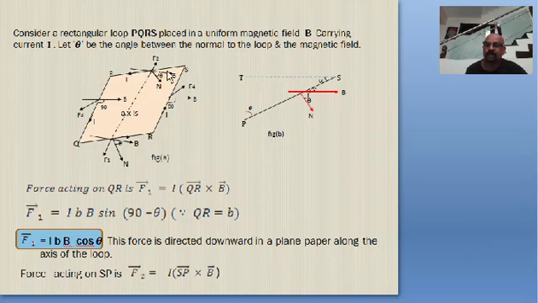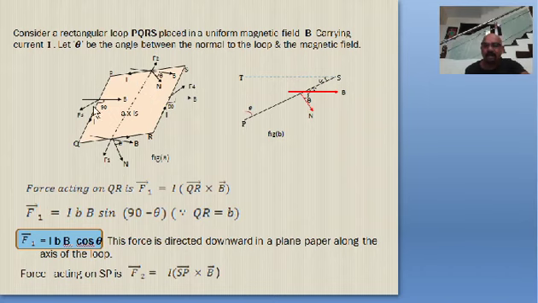The two forces are equal, opposite, and they are acting along the same line. Therefore the two forces will cancel out. They are equal, opposite, and the third thing is they are acting along the same line. Therefore they cancel out. Now we are left with the force experienced by the RS and PQ parts of the conductor, because the QR part and SP part of the conductors will experience the force, but the net force experienced by these two parts will be equal to 0, because the two forces are equal and opposite. Also they are acting along the same line.